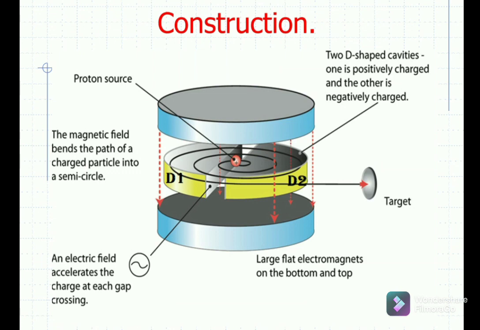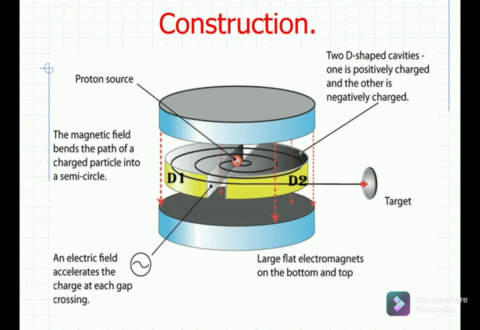Now let's move towards its working. Let a positive ion enter the gap between the two Ds. Let at that instant D1 be positive and D2 be negative. The ion will get accelerated towards D1. The Ds are conducting, so the ion will experience an electric field free region inside the Ds. But due to perpendicular magnetic field, it moves in semicircular path